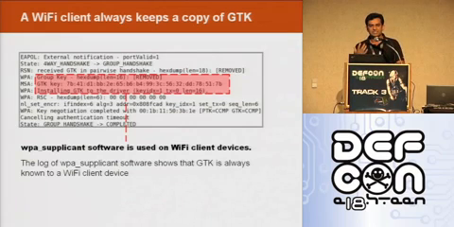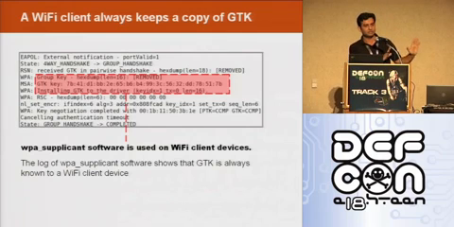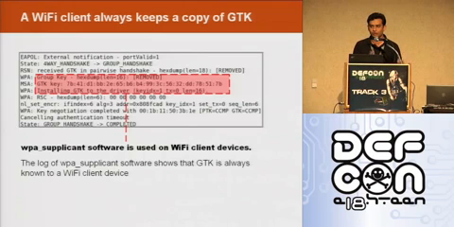Now let me ask, what is stopping that client from using that GTK for its own packet encryption? So the protocol says something which is normal behavior, right? The client should not use this key for packet encryption. It should always use this key for packet decryption. But a malicious user can always exploit this key. A malicious user present in that network can always use this key to create its own packet, generate its own packet.